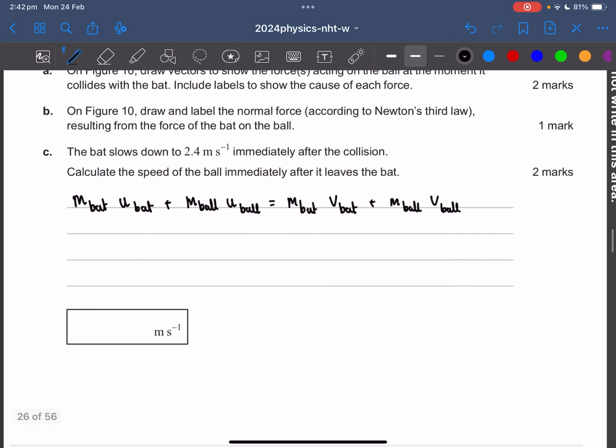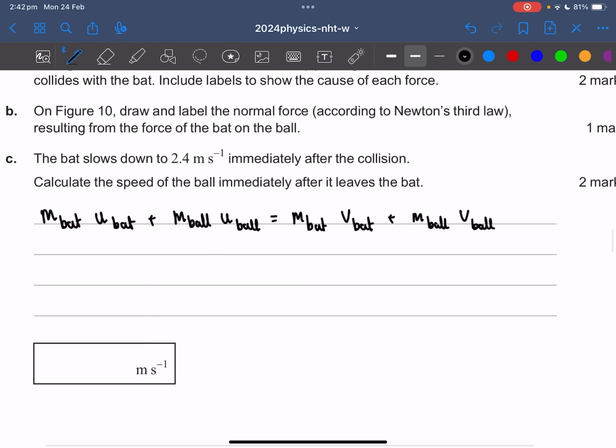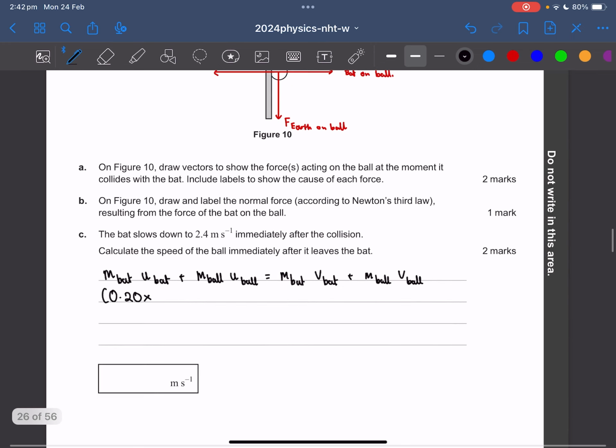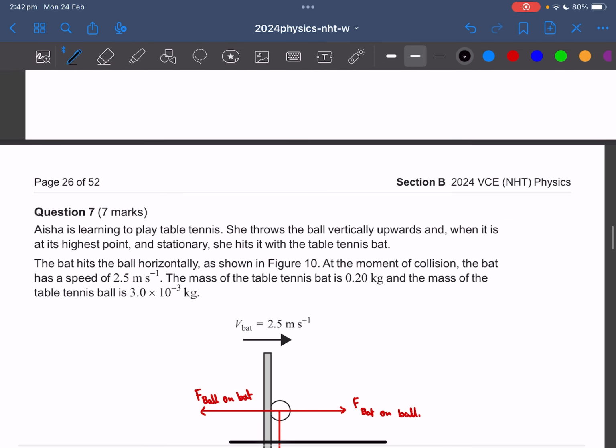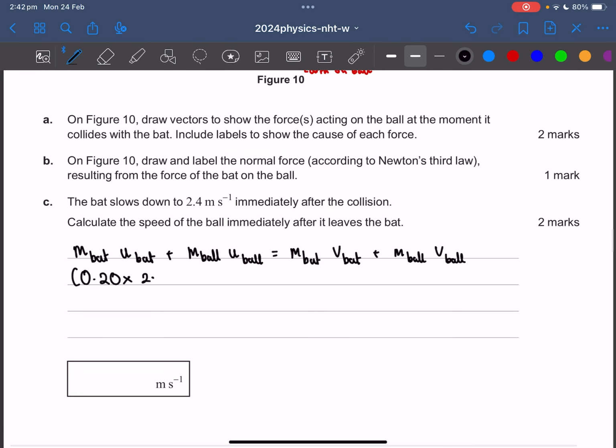Okay, so our initial mass of the bat, which is 0.2, times initial velocity of the bat, which is I think 2.5. Yep, 2.5, plus mass of the ball, which is 3 times 10 to the minus 3,